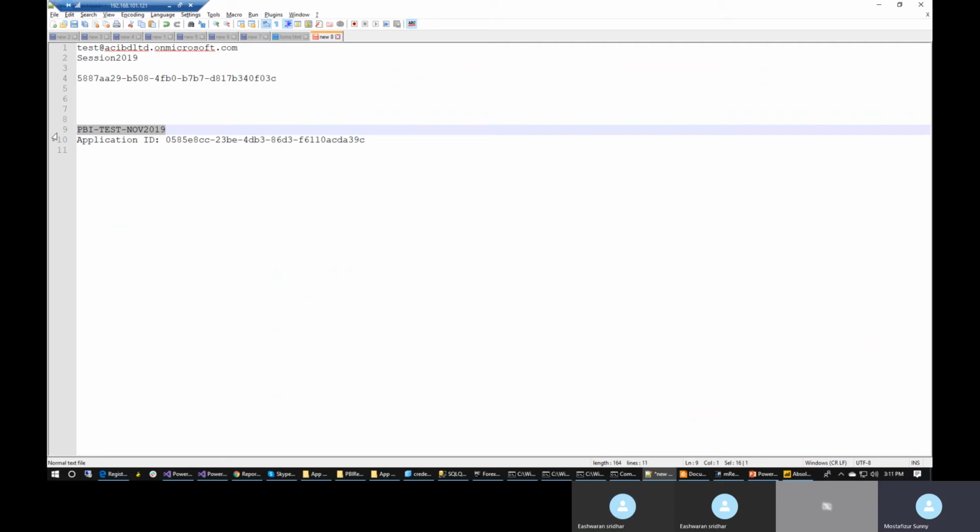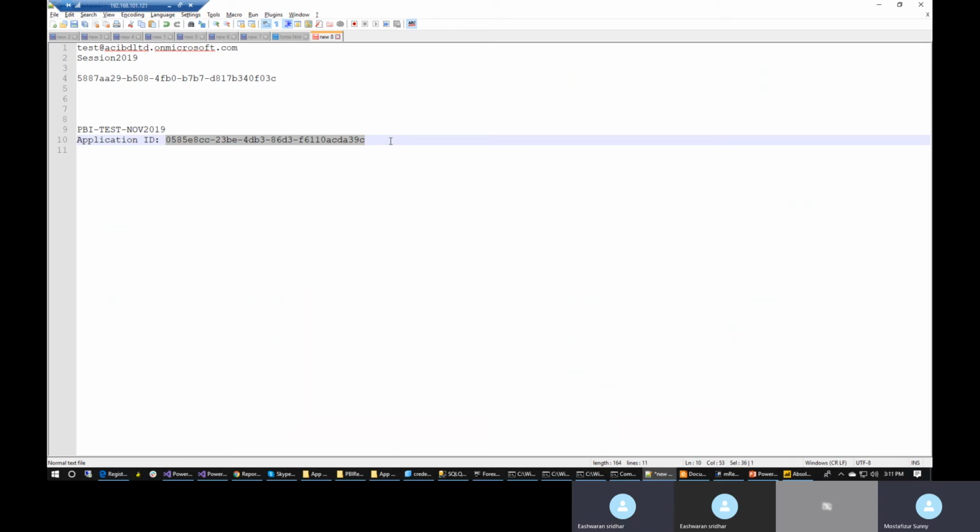So our app is created. We have our application ID with us, and we have also registered the app into the Azure portal with proper permissions delegated by admin consent. Now, once this phase is done,